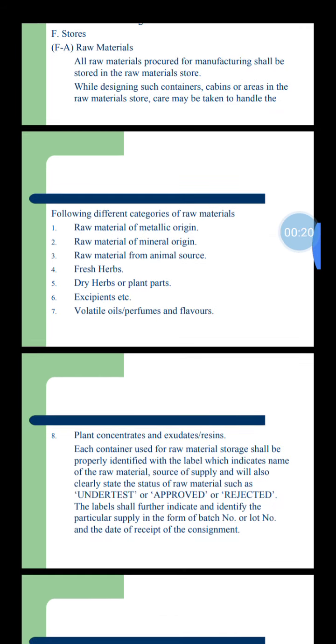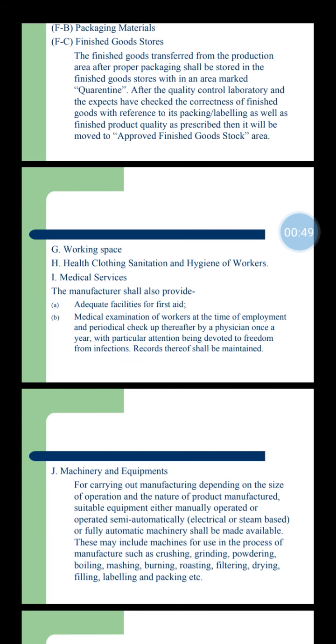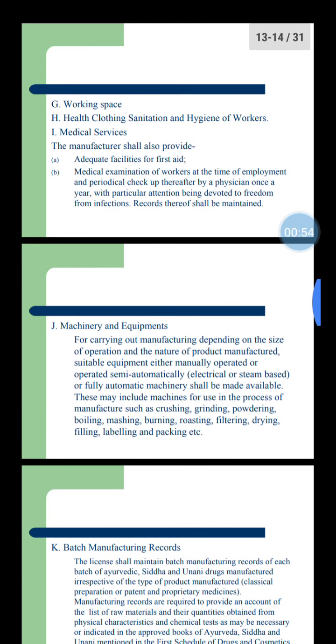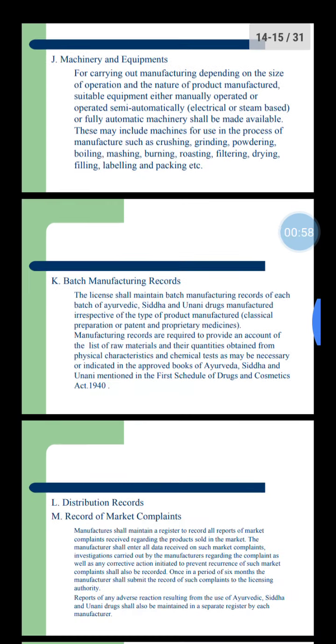fresh herbs, dry herbs or plants, excipients, etc., volatile oil, perfume and flavor. Then you saw plant concentrated and exhausted, and resin, then packaging materials, finished goods store, working space, health clothing, sanitization and hygiene of workers, then medical services. You saw machinery and equipments, batch manufacturing records, distribution records, records of market complaints,